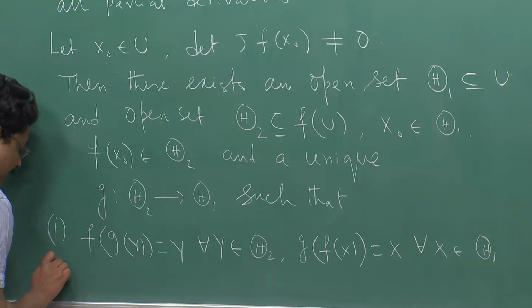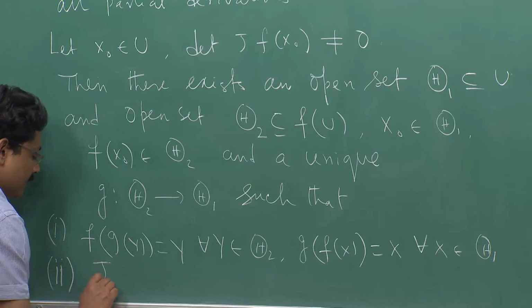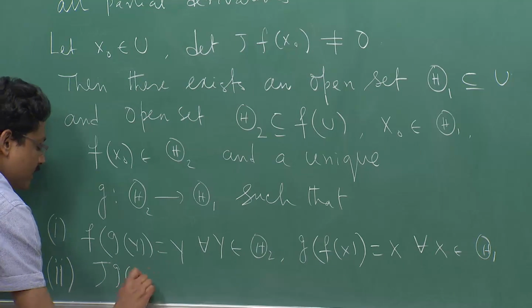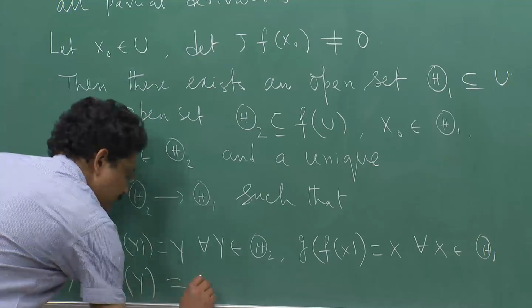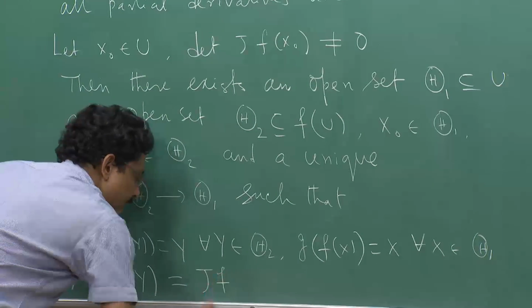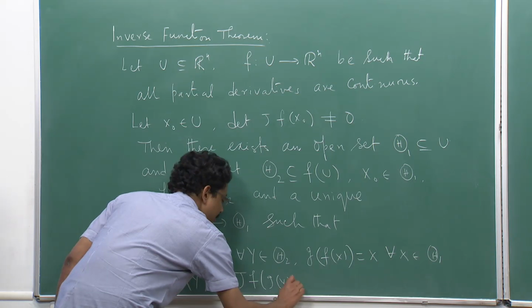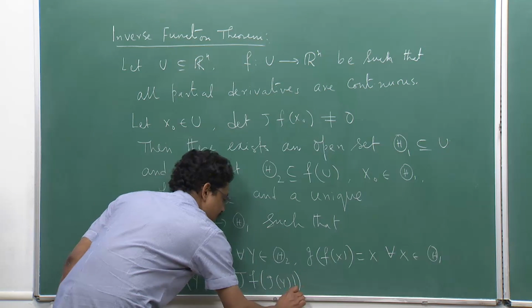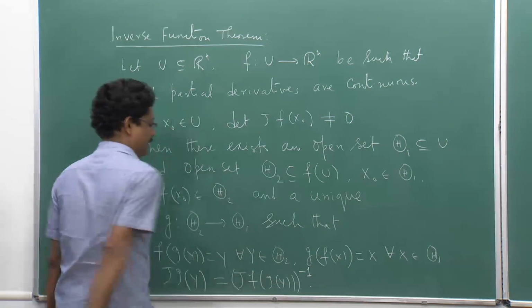Since I have taken f to be C1, I also get g is differentiable, and this fellow is simply Jf at g y,